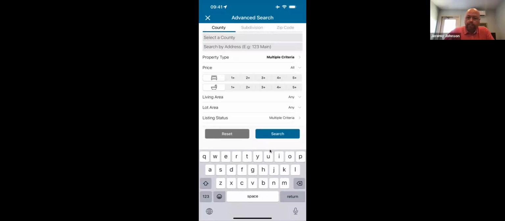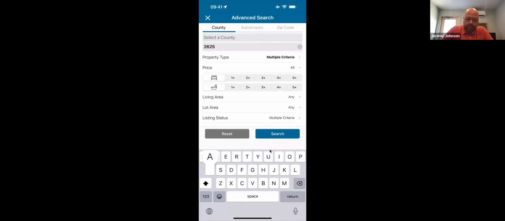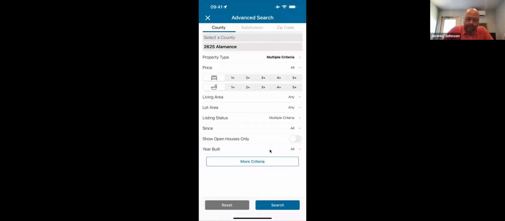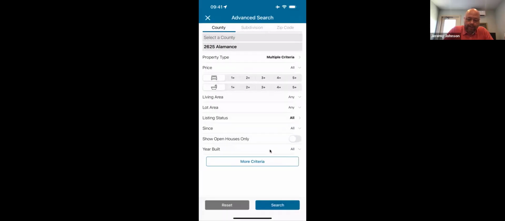All right, so now what happens if you want to know a little bit more about the property? What was the address of that one, Ryan? 2625. 2625 Alamance. Now, before you click search, go down here to listing status. And so it's giving you active and pending as a default. What if I wanted to know when the last time it sold was? What if I want to know if it had ever expired or had been withdrawn or fallen through? I click these other buttons, click apply, click search,